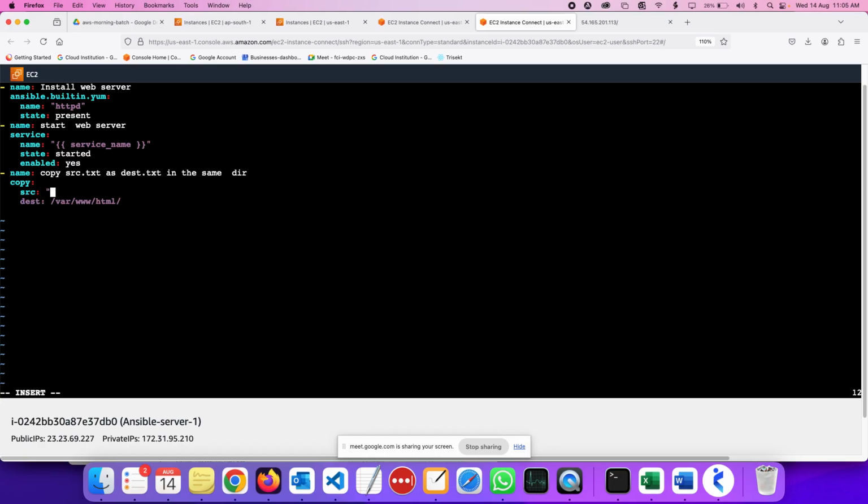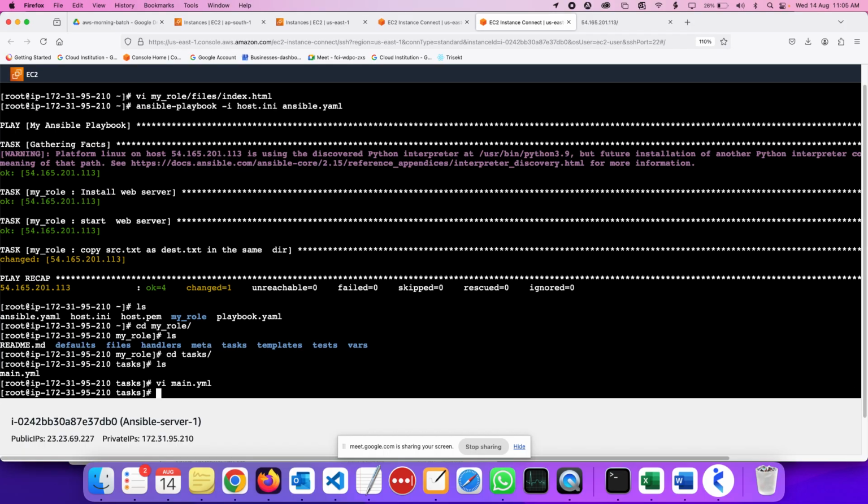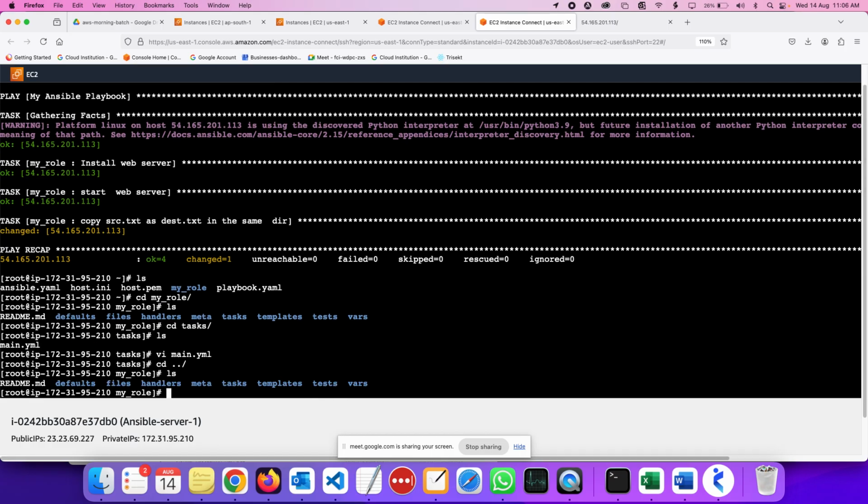What do I have to do? Double curly braces, this one, my file. I'm just giving it as a variable file. Now where do I have to define this one? I have to go to vars, come back, go to vars,